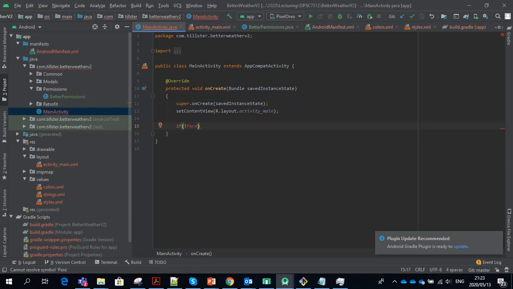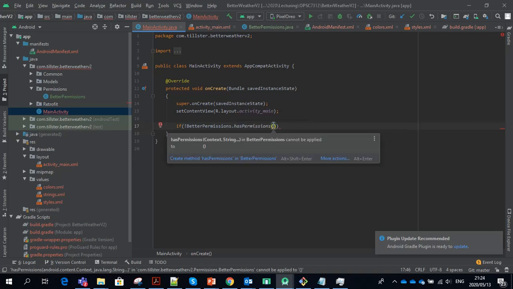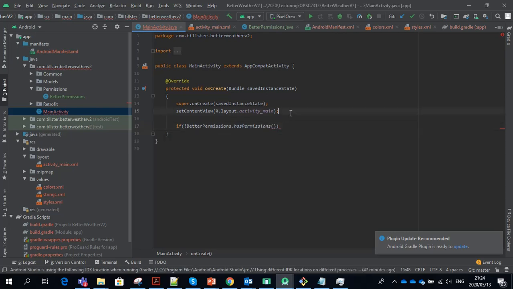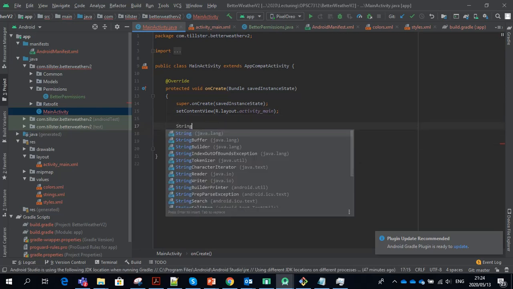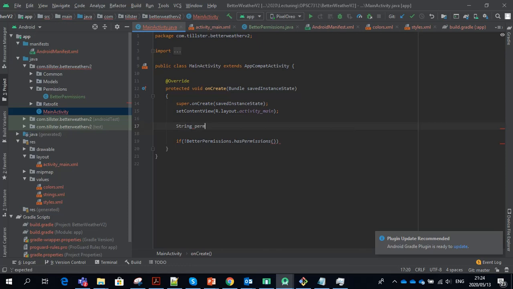If BetterPermissions.hasPermissions, if it is not true, and now it's going to want that string array right there. You guys see that? So we just go and make a string array. We say String permissions to request, and this is an array. So we say String array permissionsToRequest